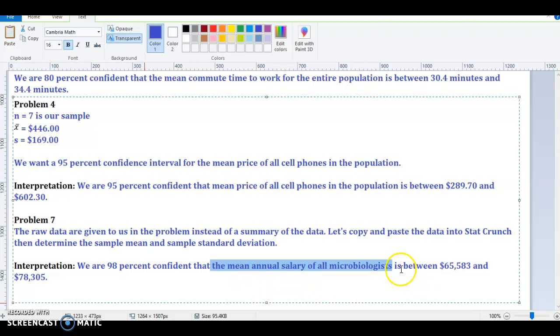And then it includes the confidence interval limits. So we end it with, is between